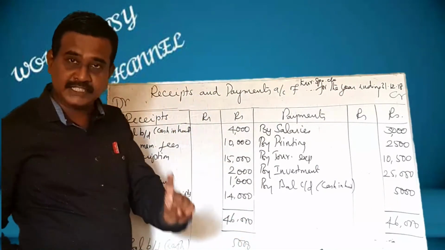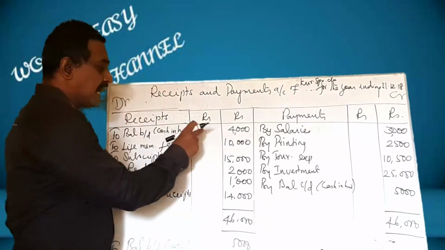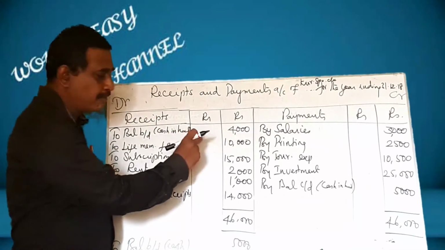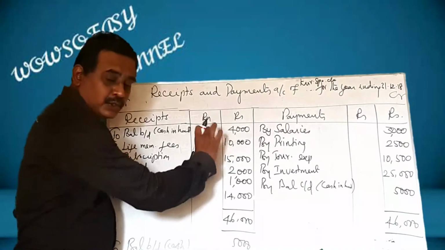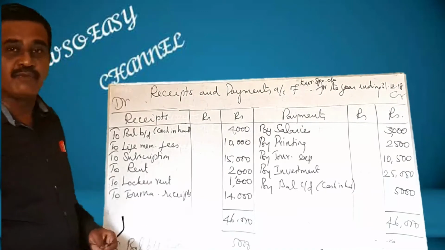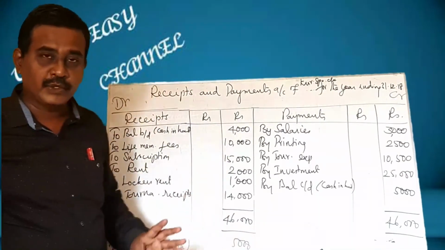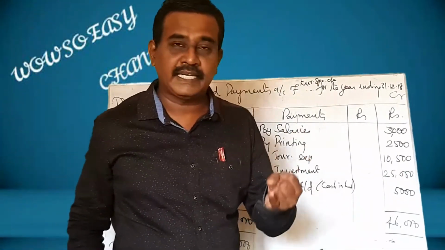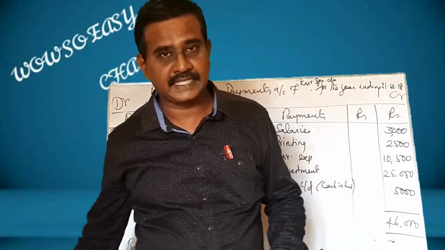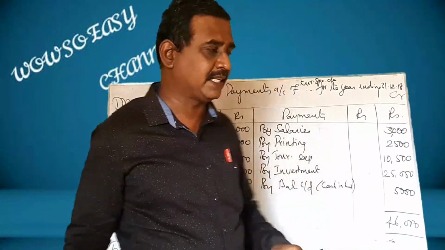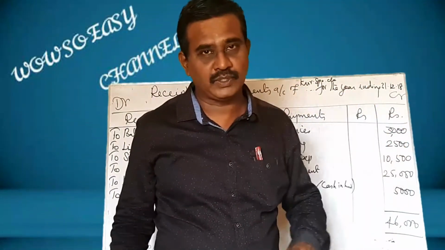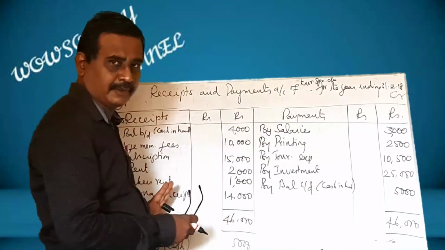If any bank balance is given, write the cash in hand in the inner column, and with that add the cash at bank and show the total in the outer column. Here it is not given. So, if money comes into the business, you need not worry about whether it is meant for the previous year or current year or next year. If money comes into the business, and you need not worry about whether it is capital receipt or revenue receipt, write it in the receipts side.